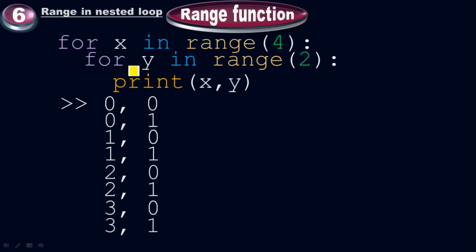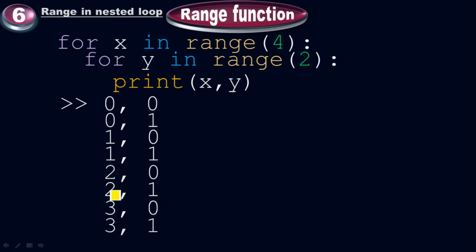Once all the iterations finish for all the items of the inner loop, which are a total of 2, 0 and 1, then for the third time the outer loop will activate. It will activate for the third time to give the next new value, which is 2 here. Then the inner loop will activate. It first iterates for the first value, which is 0, and then for the second time for the second value, which is 1. Since it finishes here, the outer for loop will activate again for the fourth time